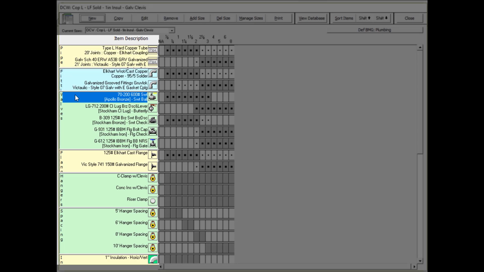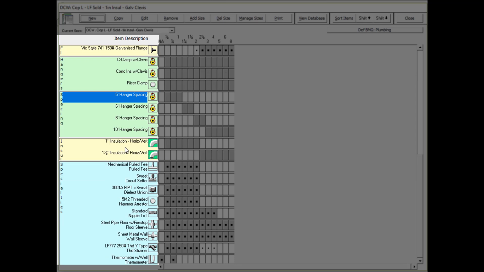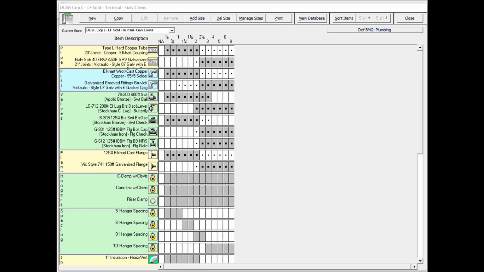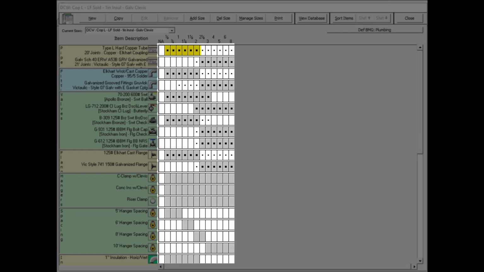fittings, valves, flanges, hangers, hanger spacing, insulation thicknesses, and specialty items. Below the sizes and to the right of each material description are cells. A grade cell is a selected cell indicating that you will use that material within the given size range. A white cell is an unselected cell stating that you do not want to use that material within that size